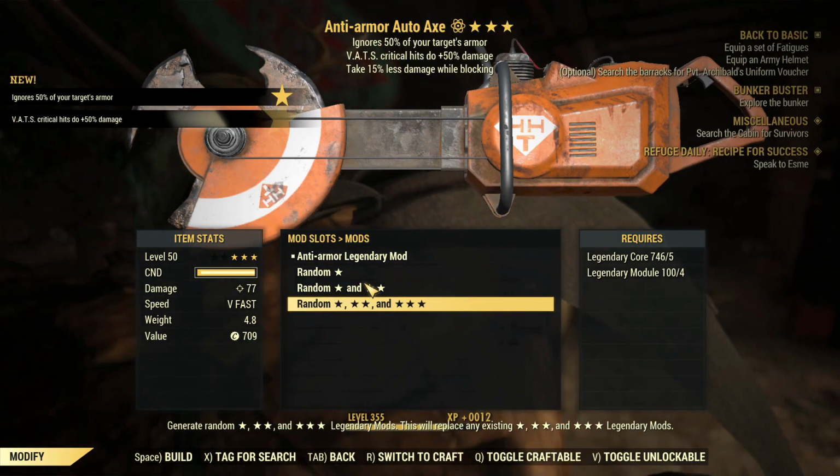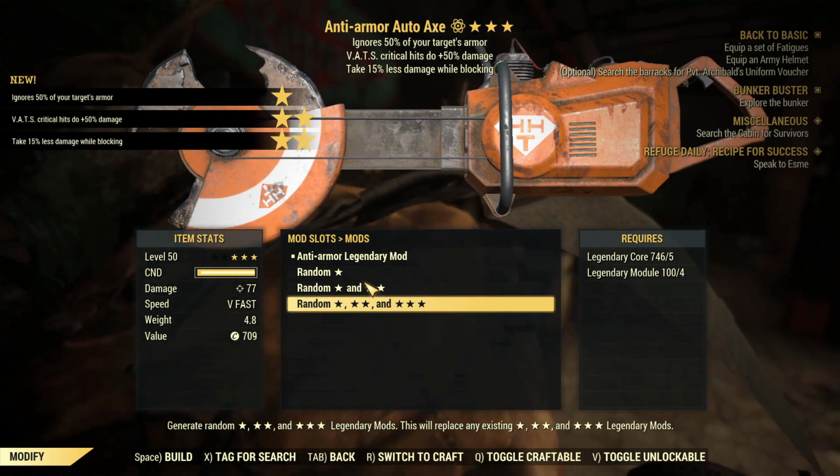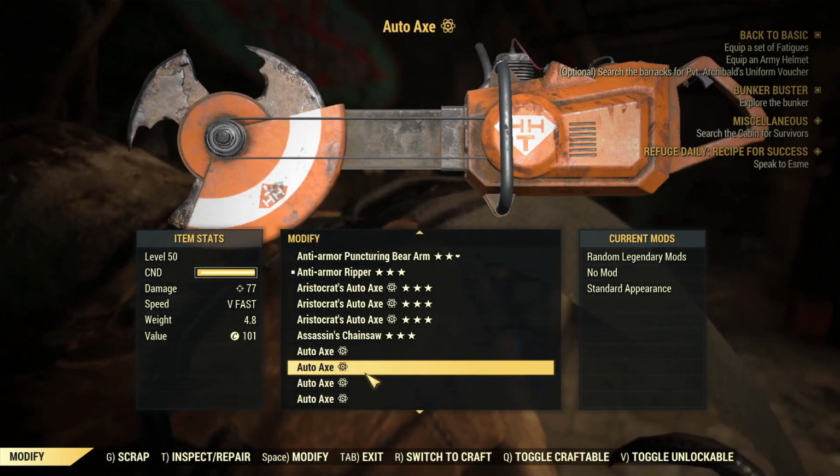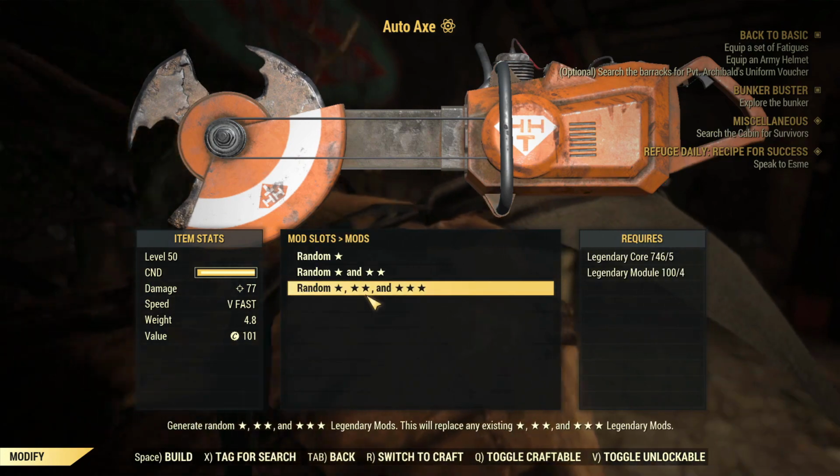Anti-armor, VATS crits, damage while blocking. Anti-armor's the only good effect on there. The rest of it is just very meh, sadly. Then next we come to...